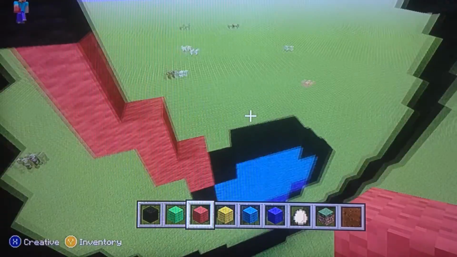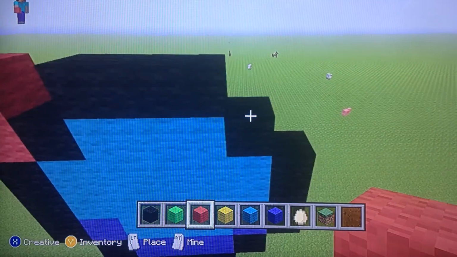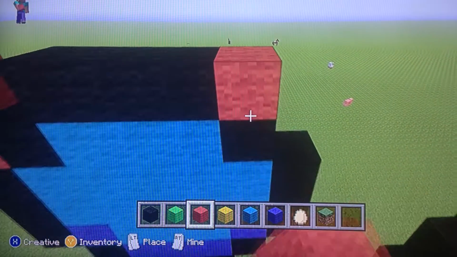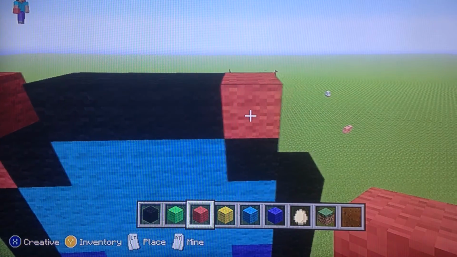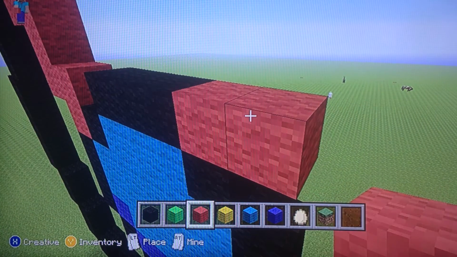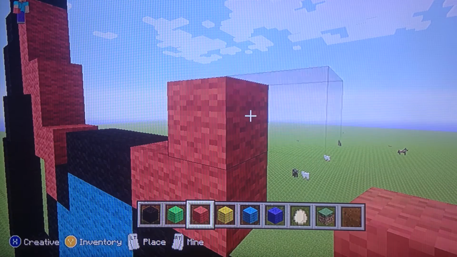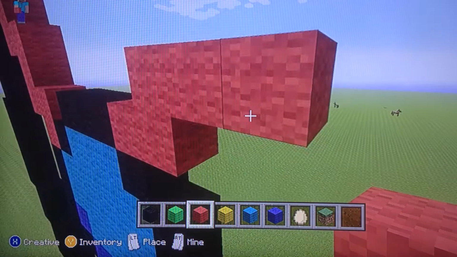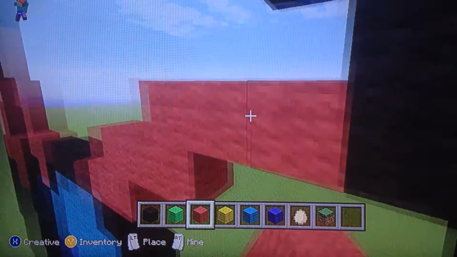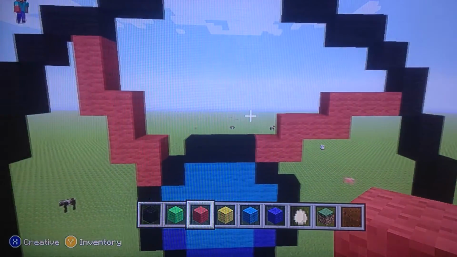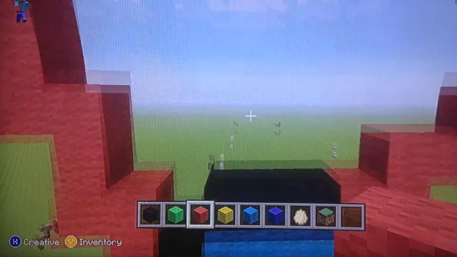Now we're going to go to the right side, and from this bottom right or top left diagonal, however you want to say it, this block right there, that little black right there, you want to place a red on top. Now you want to go to the right by 1. Now you're going to go up by 1, and you're actually going to go to the right by 1, 2, and now you're going to go up by 1, and you're going to go to the right by 2, so 1, 2. All right, so as you guys can see, this little section, this little gap is actually missing,